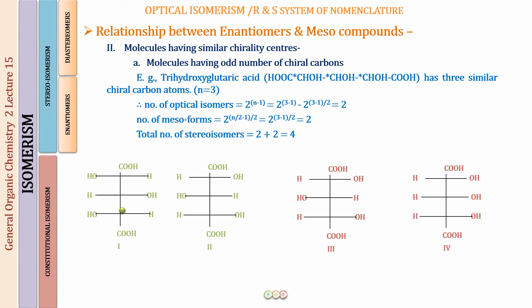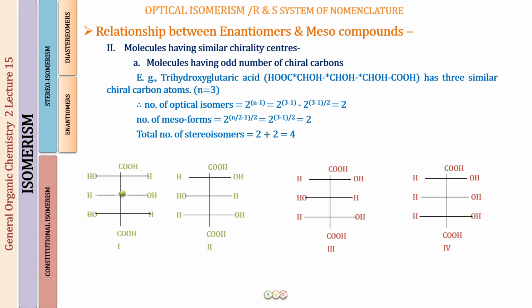What about now C3? I want you to focus on this and understand this very carefully. If you look at C3, you will see that it has on one side an H, an OH. Above you will see the C2, which has an OH, a COOH and an H. And on the other side it has a C4 carbon, which is also surrounded by an OH, a COOH and an H. So aren't these C2 and C4 groups which are surrounding this C3 similar? So this means that this should not be a chirality center.